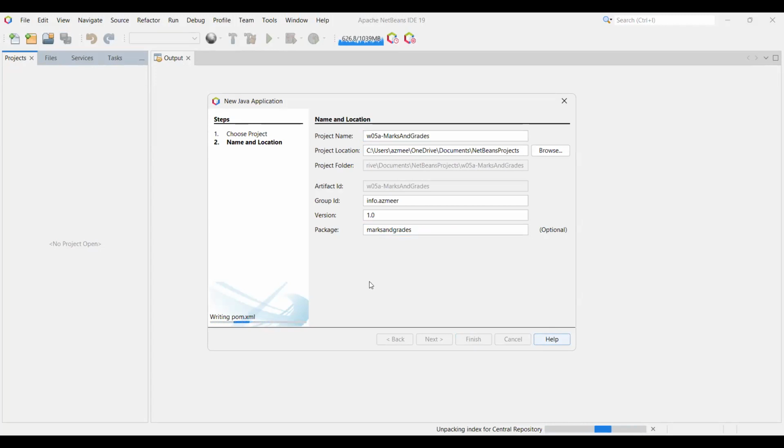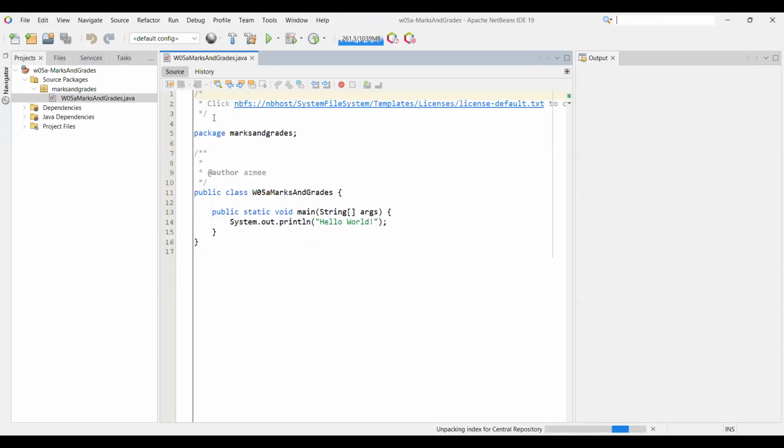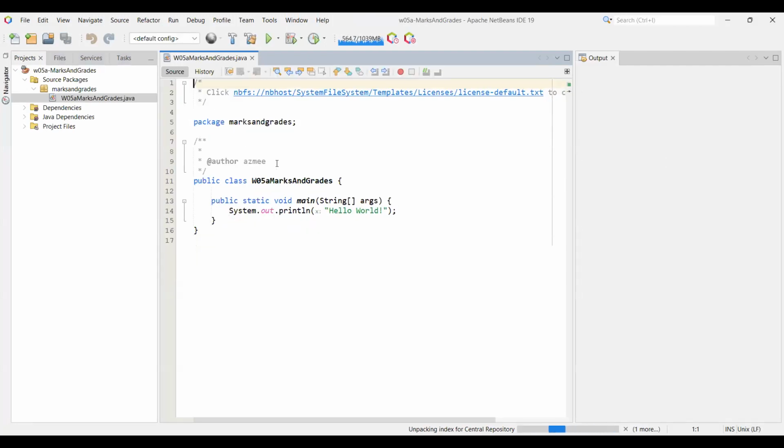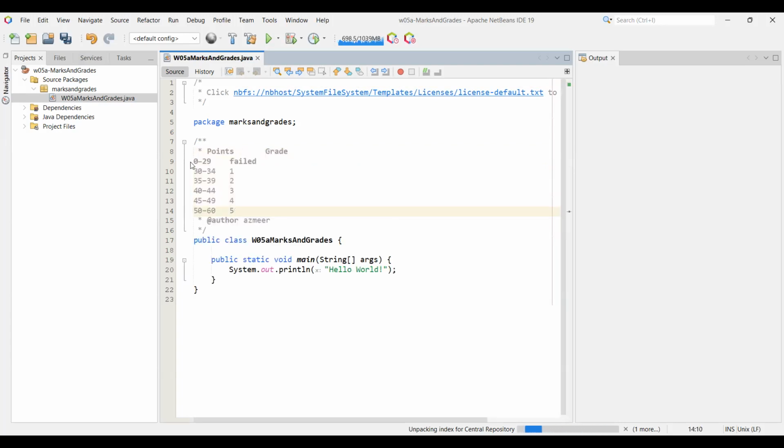So what I'm going to do is, first of all, I need to have a plan to say how am I going to give these marks and grades? So let me paste the plan here, right? So if somebody has, let's say, 0 to 29, that person gets a fail grade. If the person has 30 to 34,